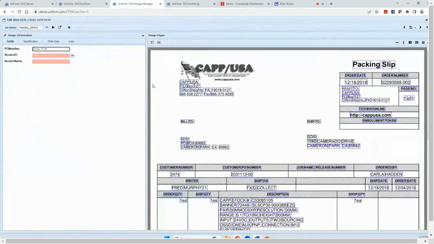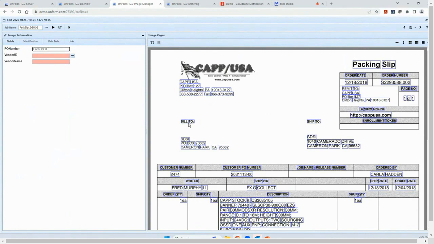This is an example of a packing slip. So a vendor packing slip comes in to the warehouse, they do the receiving, and you want to get that into the system so that it's linked back to the invoice and the PO. So you have all the documents you need to do three-way matching available to you. And a lot of times packing slips are not always the best cared for document. They've been through a lot of hands.